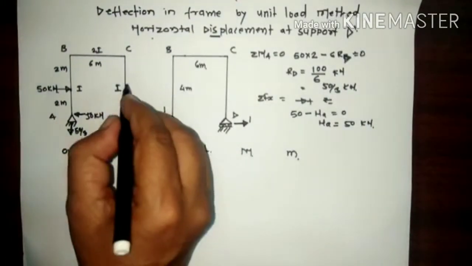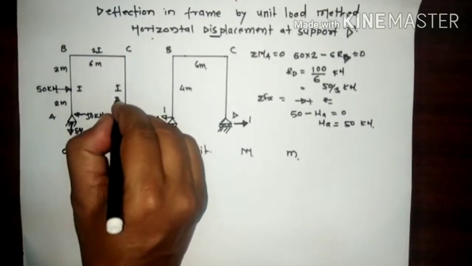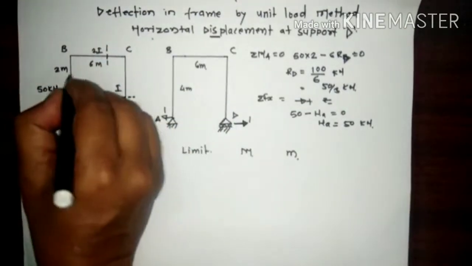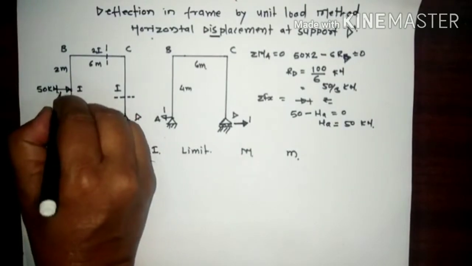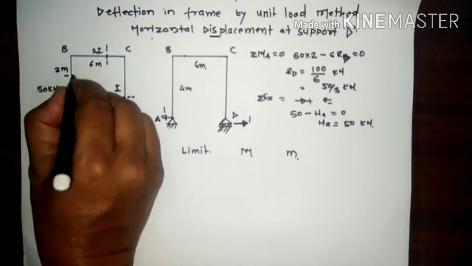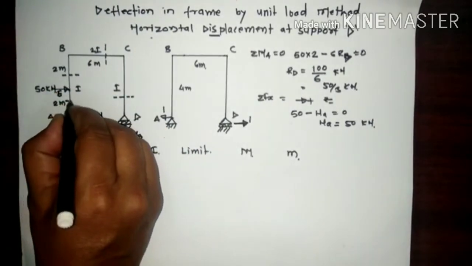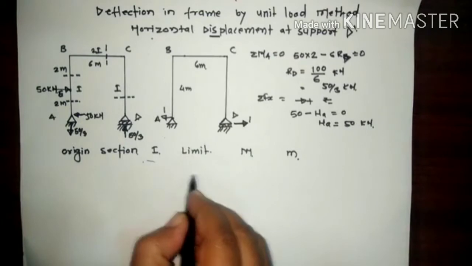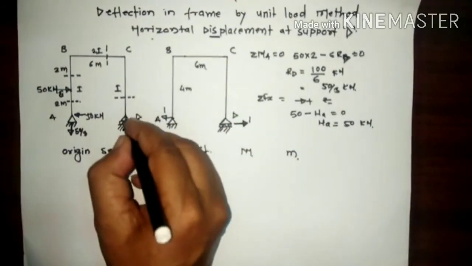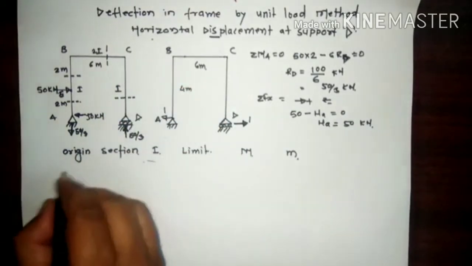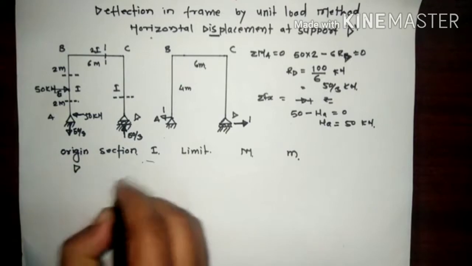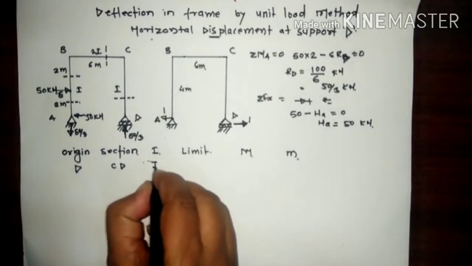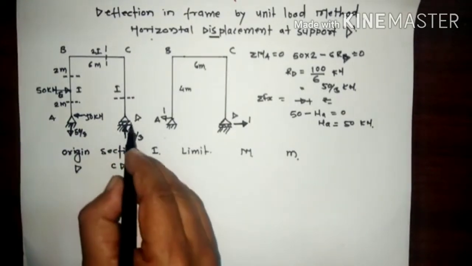So now divide this frame into different sections. This CD is one section, then this BC is one section. Then suppose we give this name E here. So this is the B section and here AE is one section. Now to write the sections, write the limit and then calculate the bending moment. Starting from D here, we are considering the origin as D. The section is CD. Here I is equal to I and here we are taking the limit 0 to